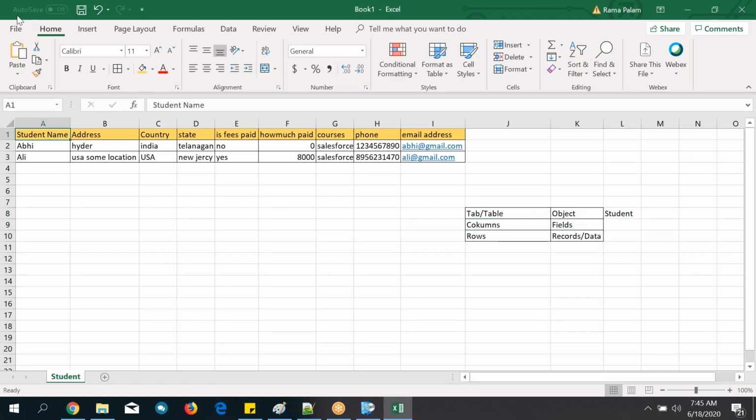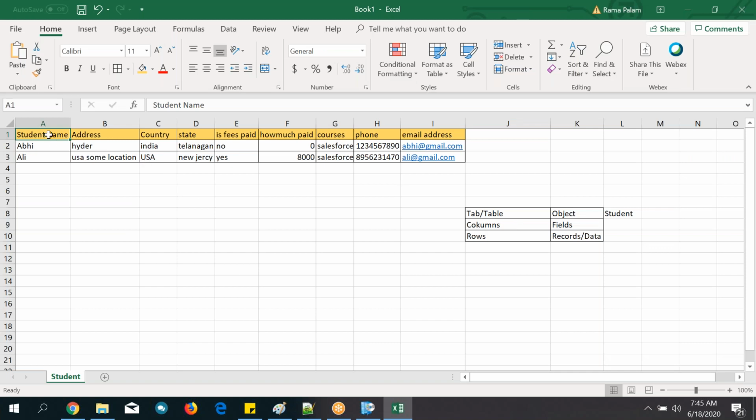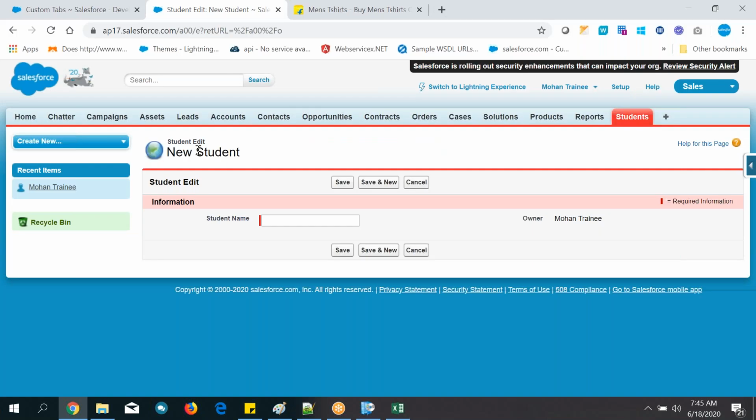Column name here. How this field came, I will explain again later. Right now, just forget how it came. How this name and these names came, forget about this one. Just know what is this and what is this. This is called field name and this is called value. This is the field name, this is the value, and this is the field name, this is the value. So same way here, student name is the field name and this is the value.